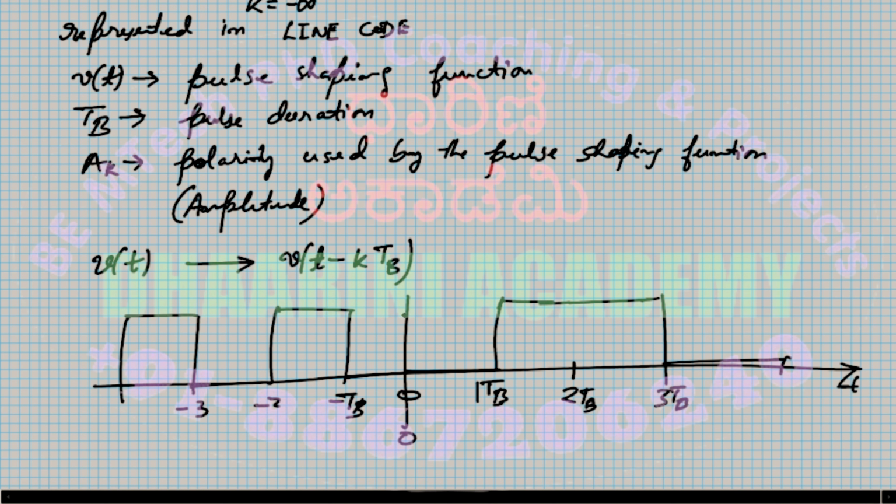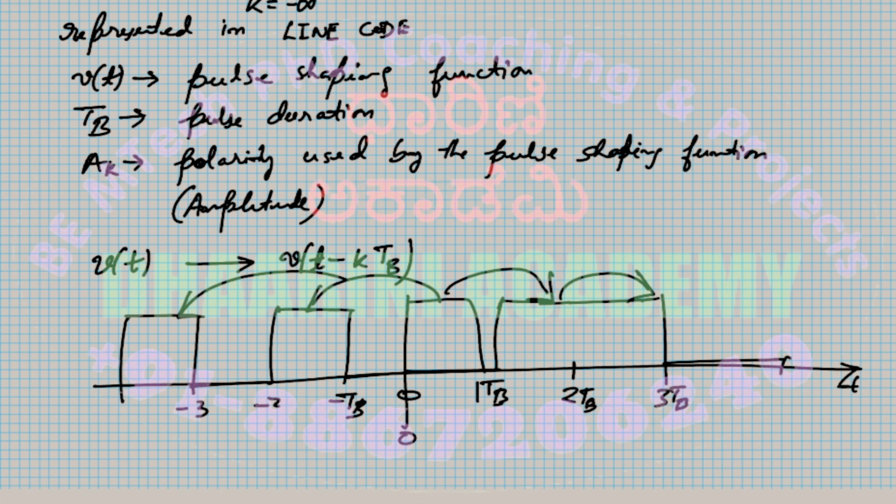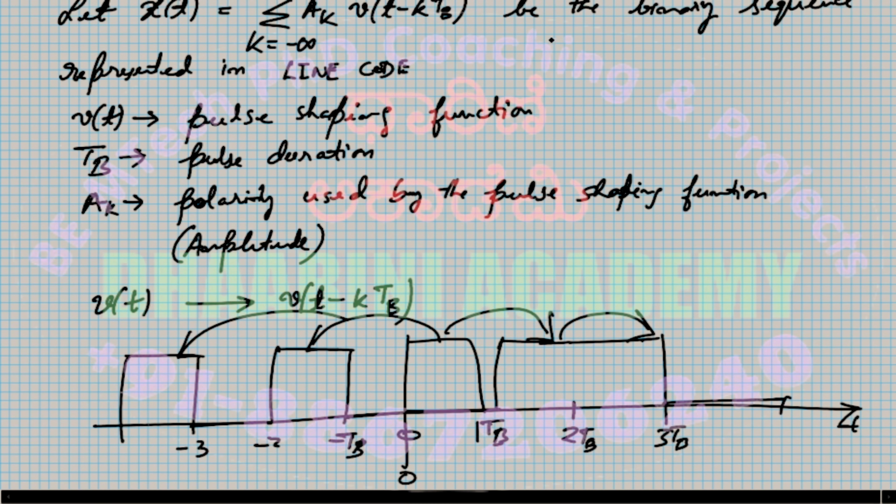So if the pulse was here, this would have been the v of t. You see, this is shifted right by 1 unit. This is shifted right by 2 units. So I can write v of t minus 2Tb, or t plus 2Tb if it is shifted to the other side, and so on. Correct? So you can see that there is a shifting happening. That's why the v of t, which is the original,